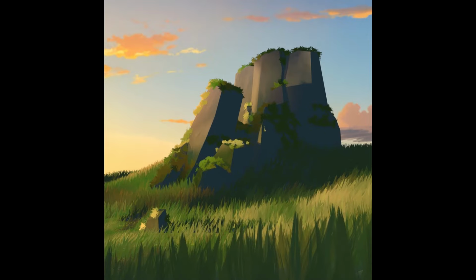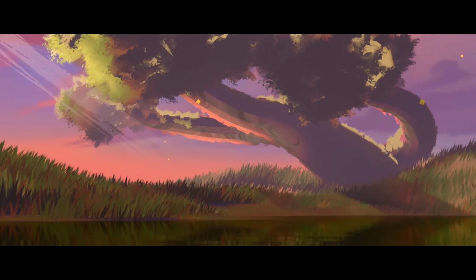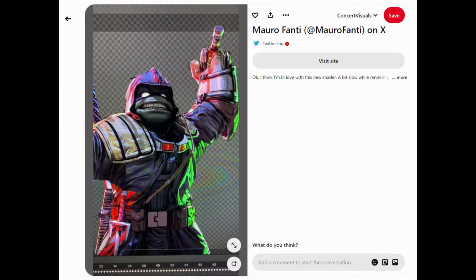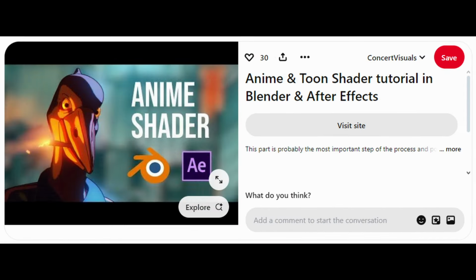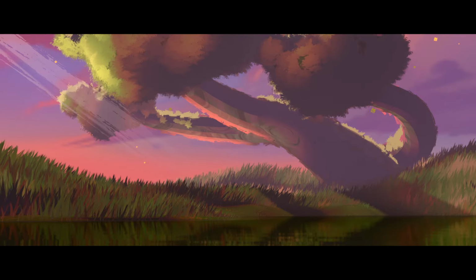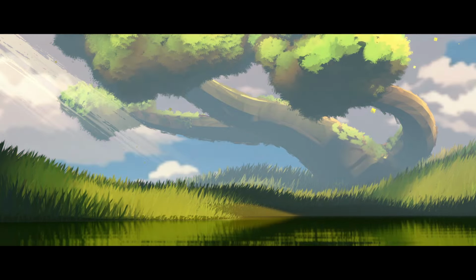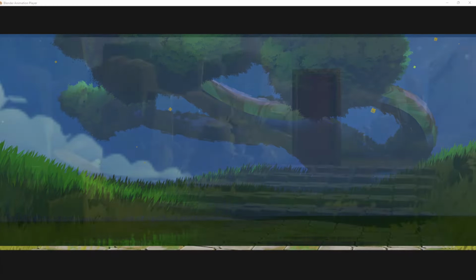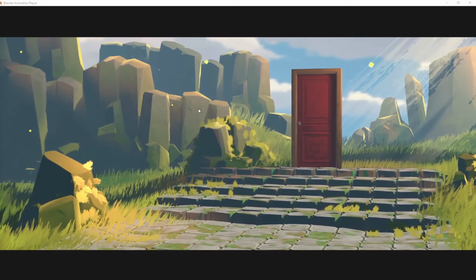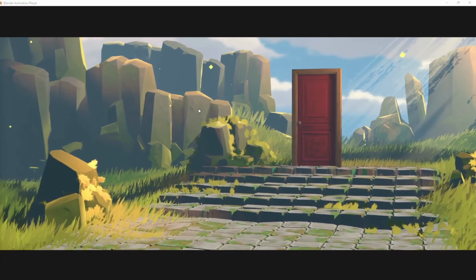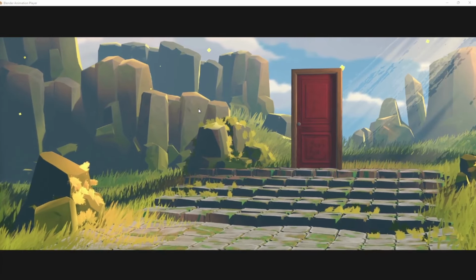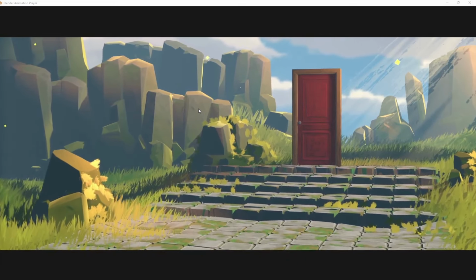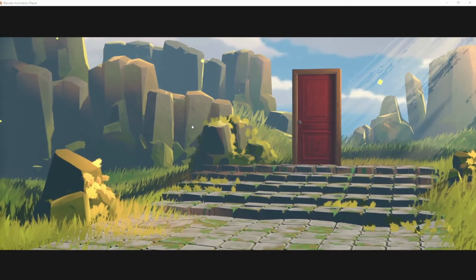I'm a big fan of stylized shading, but a lot of the Toon shaders that I've found are lacking in a lot of ways. They tend to look very 3D, and that's something I try to mitigate with this workflow that I'm about to show you. In this video, we'll start off by going through the render settings and just general scene setup. And then we'll do the world shader. I'll show you how I set up my lights, and then we'll build the master shader group that goes on